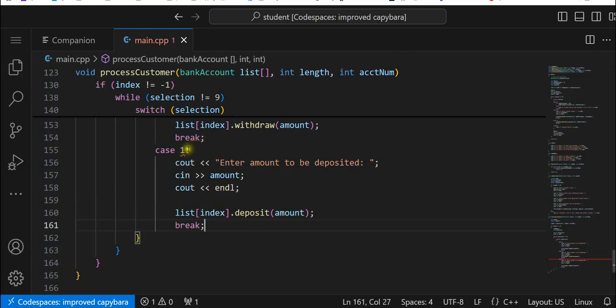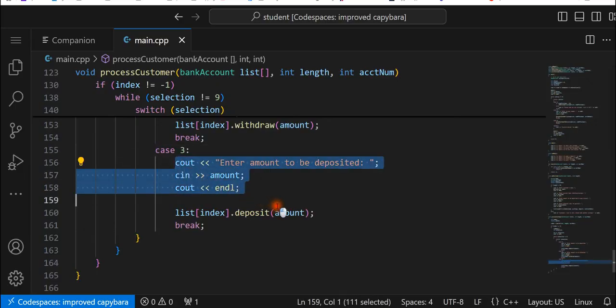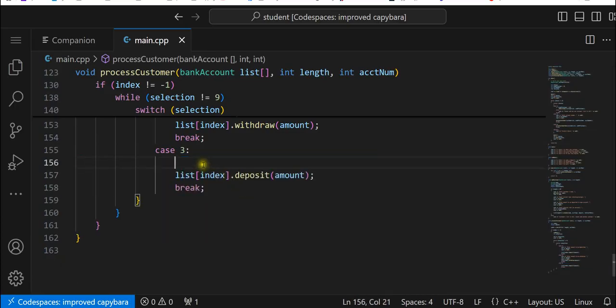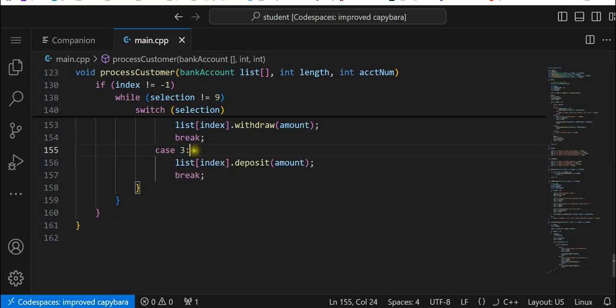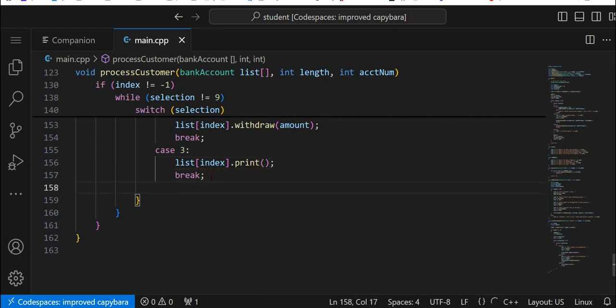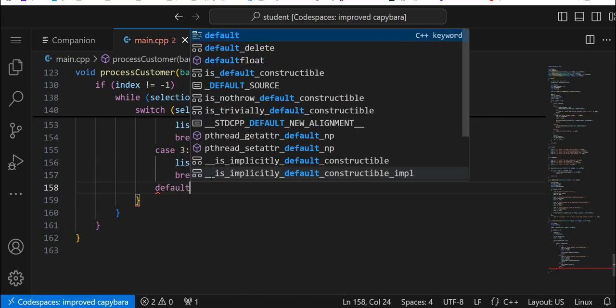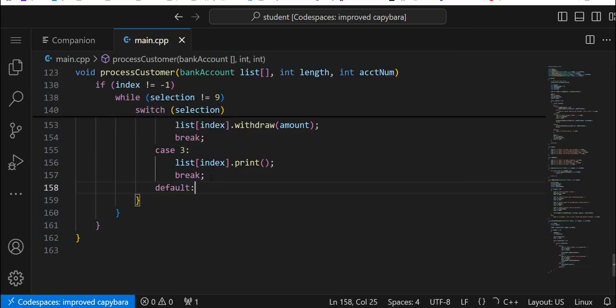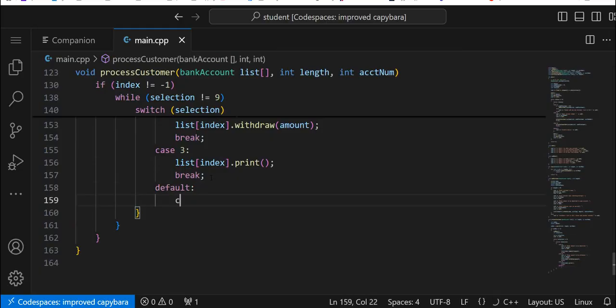Case 3 will be slightly different, of course. Case 3, this is going to be here. I'll need this for case 3. Let's bring it up a little more. So we'll do list index dot print, and this is going to be void. And then we'll use break, and then we'll go to our default to end the case switch. Default colon, and then we'll cout